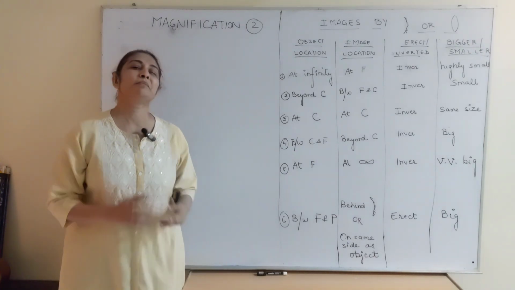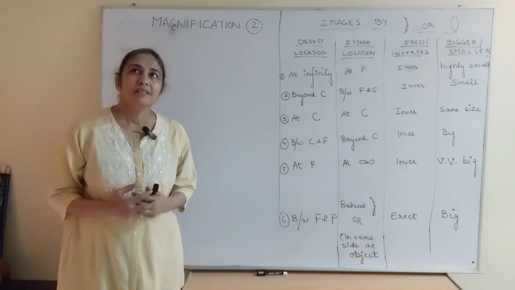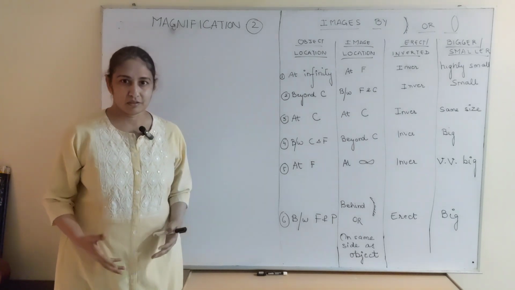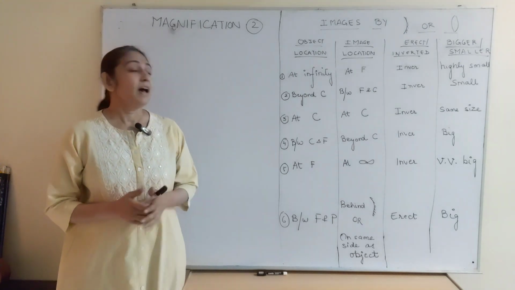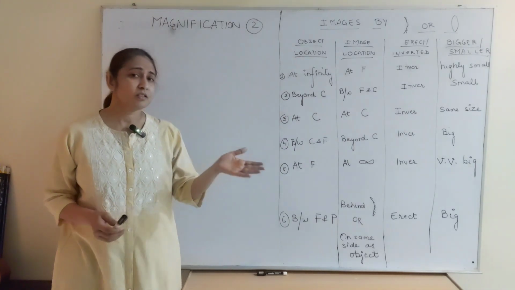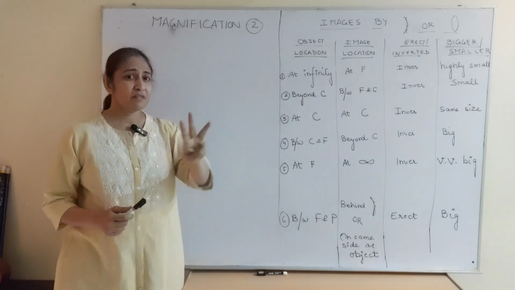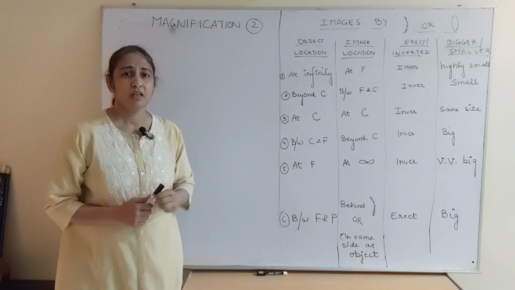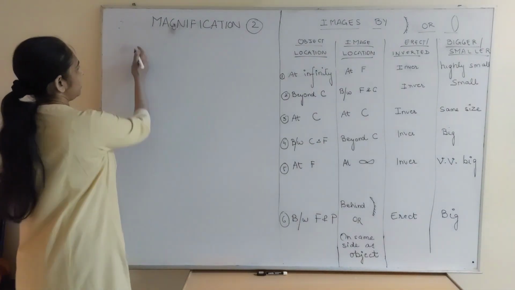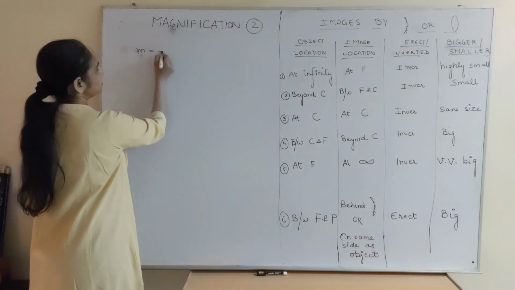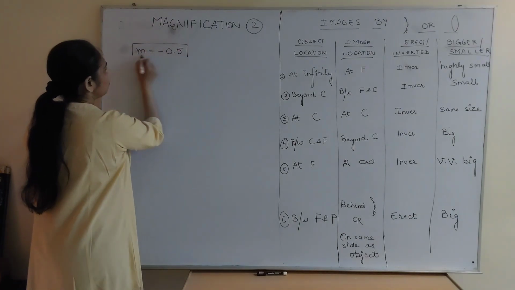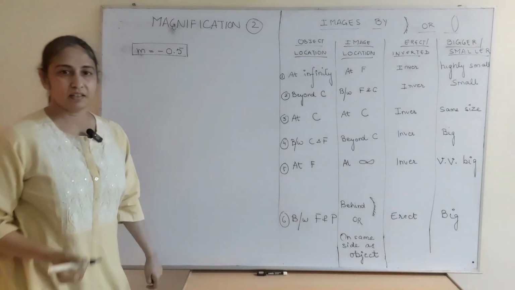Now we're in for more surprise. We can even just know where the object is, where the image is from the value. In fact, we also came to know what kind of mirror it is, or what kind of lens it is. So we have answered 3 questions in the last episode. This time we are going to answer 2 more questions just from the value of m. Suppose I have this value of m like this. What all answers can I give from it?